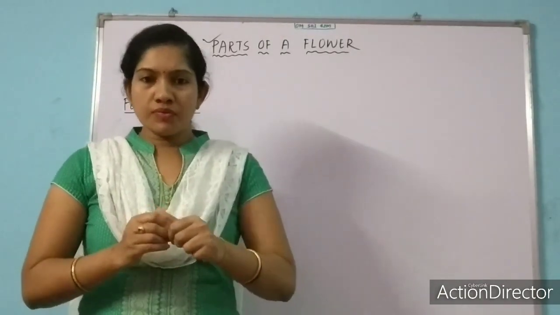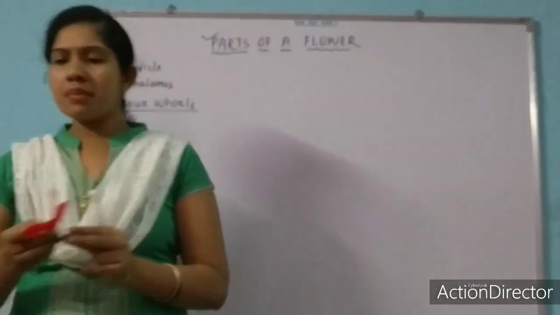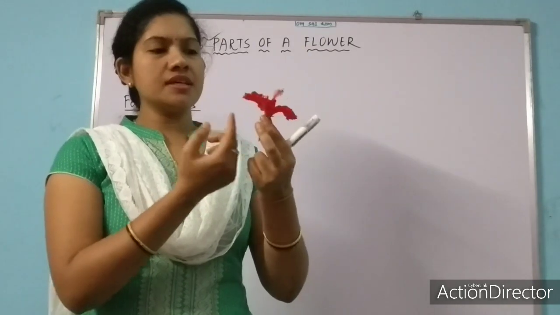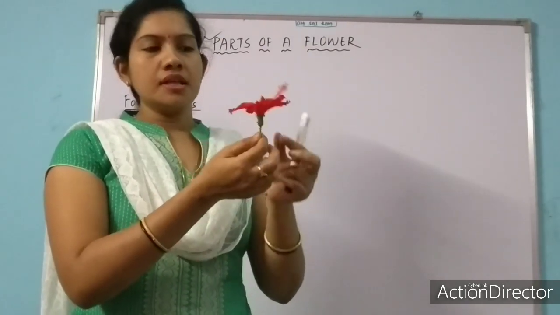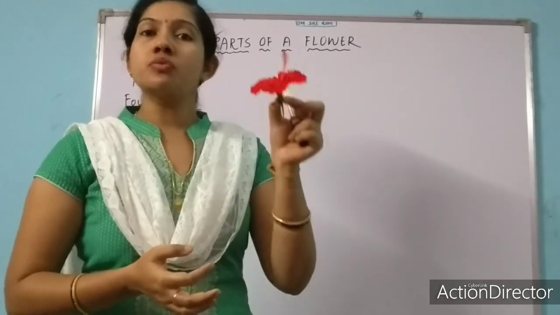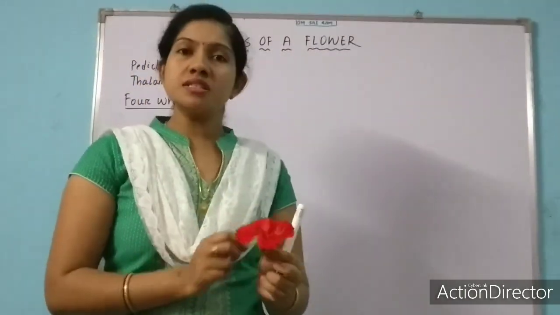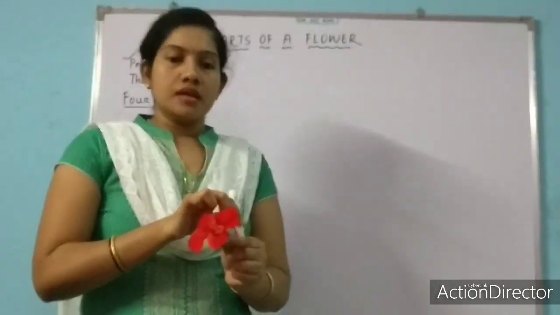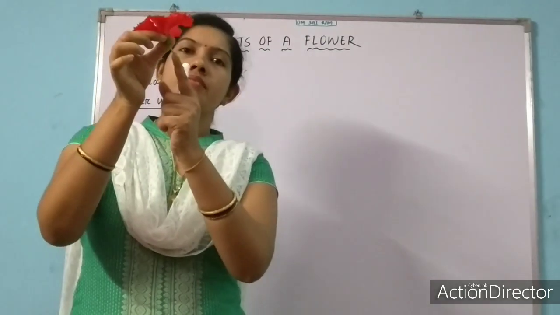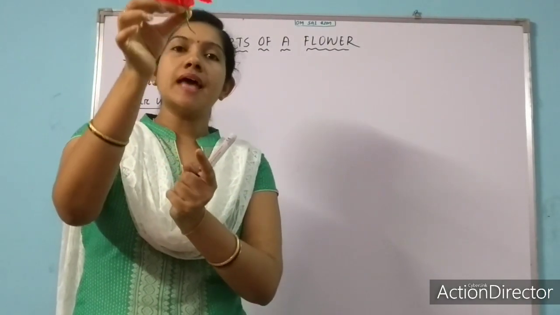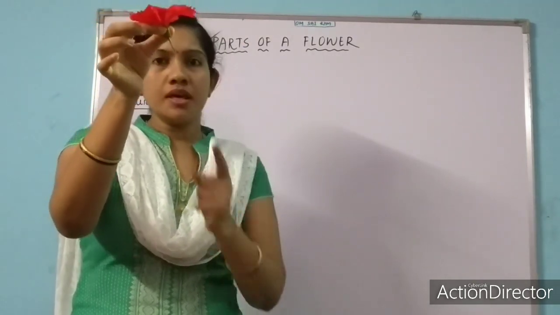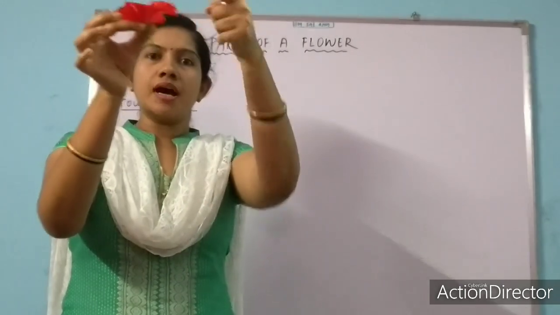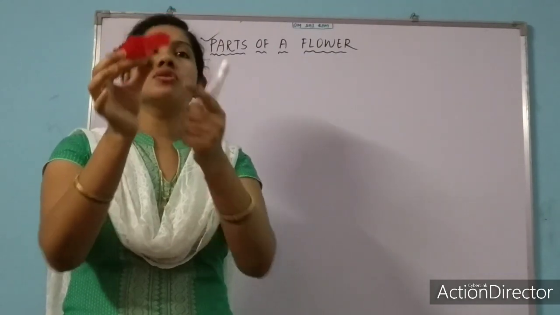If we examine a flower, here I am showing you one hibiscus flower, we can see it consists of several parts. There are so many parts it has, so one by one let's discuss. The first part of the flower I am going to tell you about is the pedicel. What is the pedicel? You might have observed this stalk. This is the stalk of the flower which makes the upper part of the flower get attached to the stem. This part is called the pedicel.